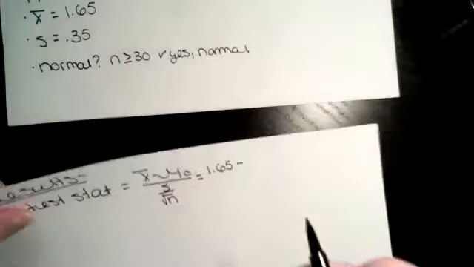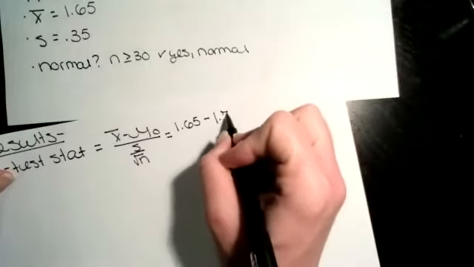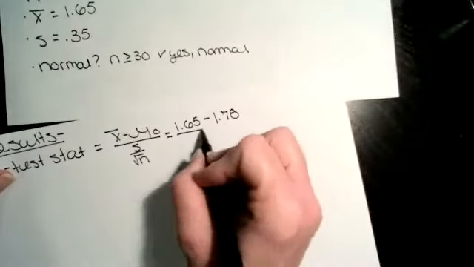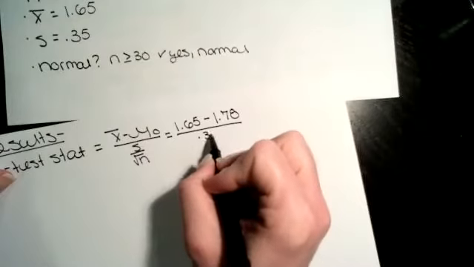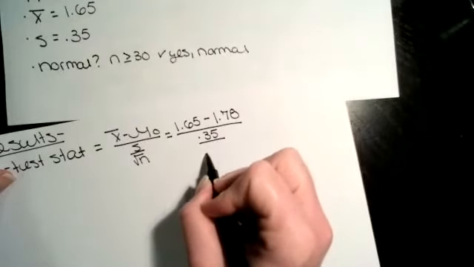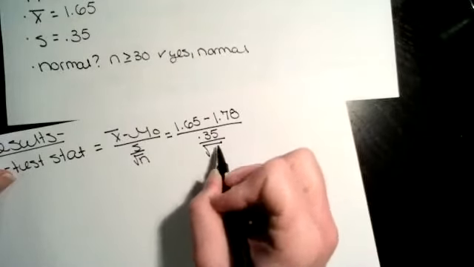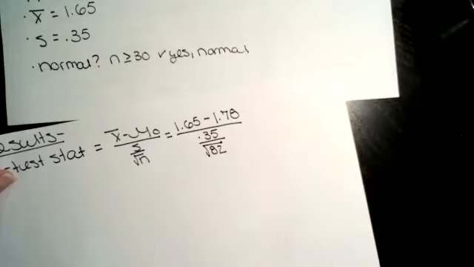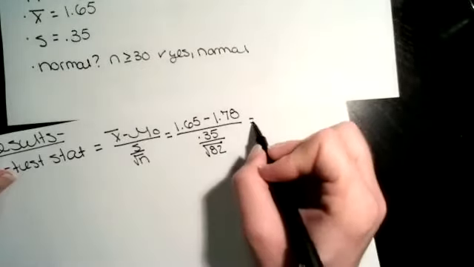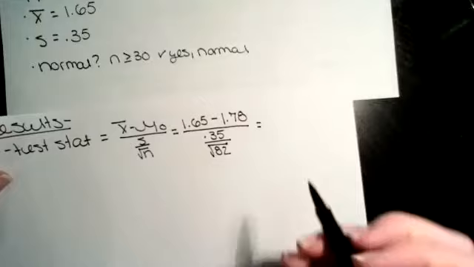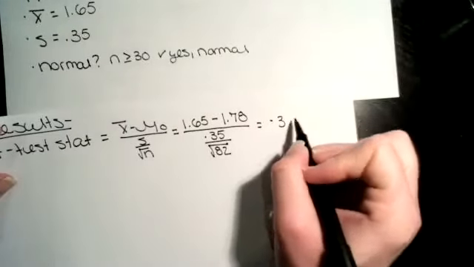So 1.78 right here, divided by S, which is 0.35. And that is divided by the square root of N, not N minus 1. So it's 82 here. So when I do that calculation, I get negative